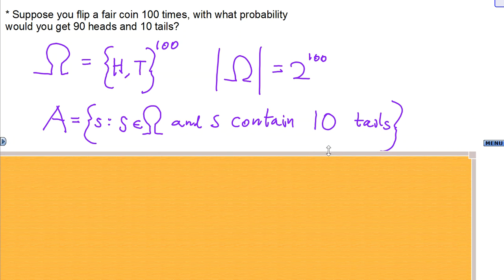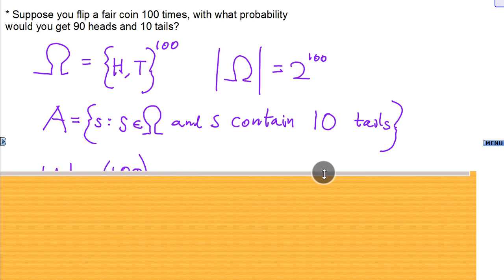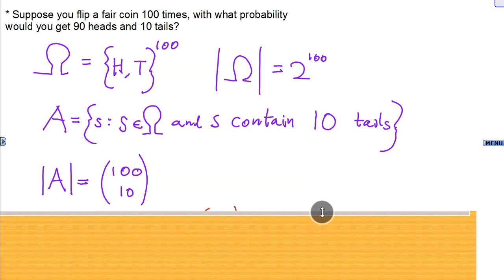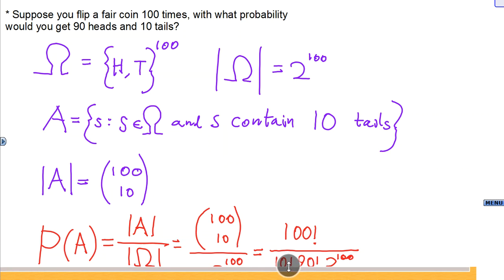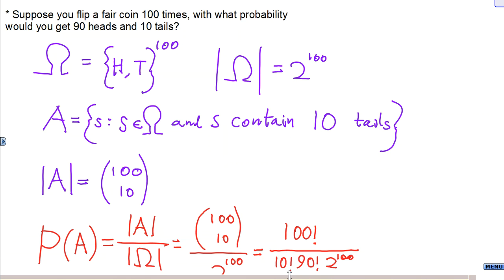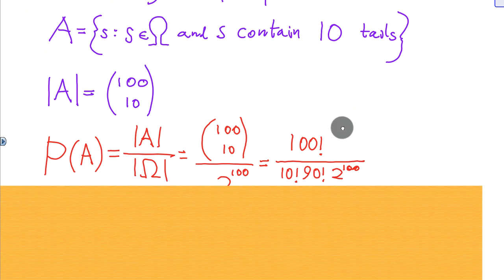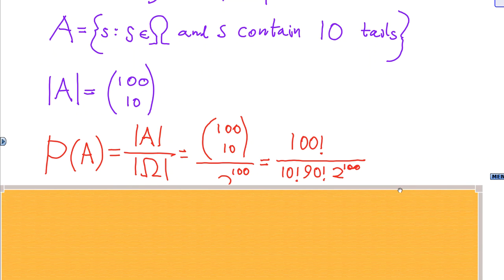The event that we're interested in is a sequence of length 100 that contains 10 tails, and the size of the event is 100 choose 10. Therefore, at the end what we get is that